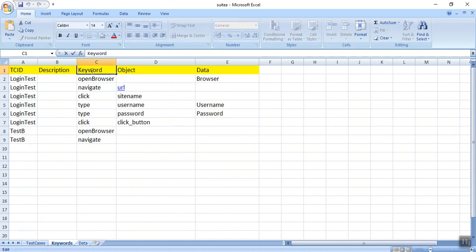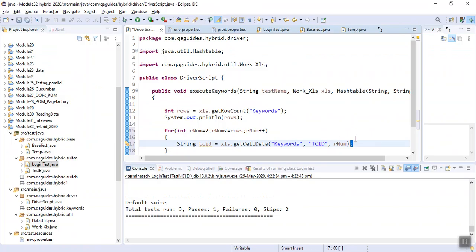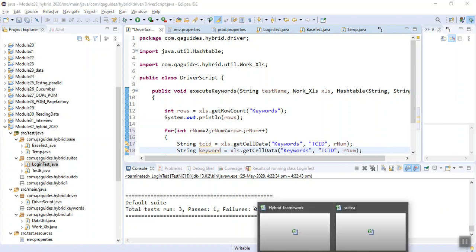Now let's take the keyword. For keyword, go here. From the keyword sheet we can take it.